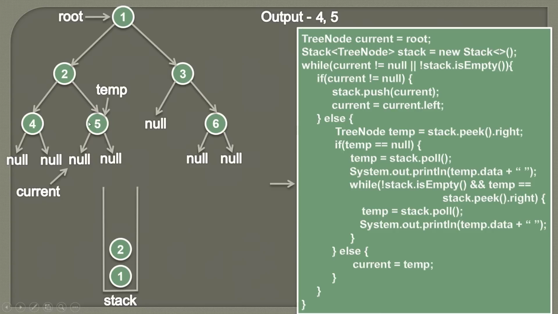So this condition temp equal to stack.peek.right is actually true because we are on the right side of the parent and we have already visited this node. So now we can simply poll this element out and we can simply visit because we have already visited its left part and the right part. So this while loop condition will come out to be true. We are polling 2 out and temp will point to node 2, and then we are simply printing the data of this node by visiting it. So 2 will be printed.